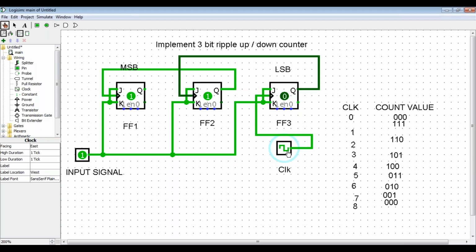For the third clock pulse, first click. It means that you are stopping your clock pulse. Again you want to click. It means you are applying your next clock pulse, that means you are applying third clock pulse. So what happens at the third clock pulse? The counter value is 1 0 1. Next we are going to check the fourth clock pulse. I just switch off my clock, and again I am applying my fourth clock pulse.